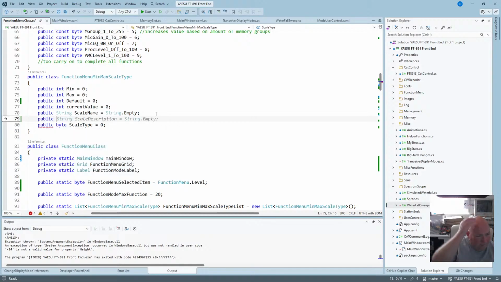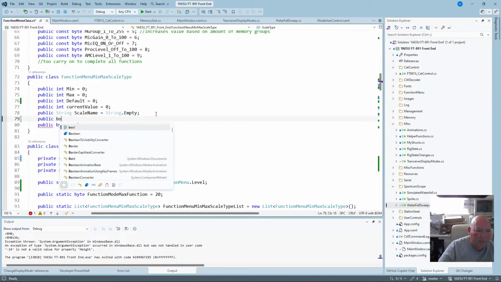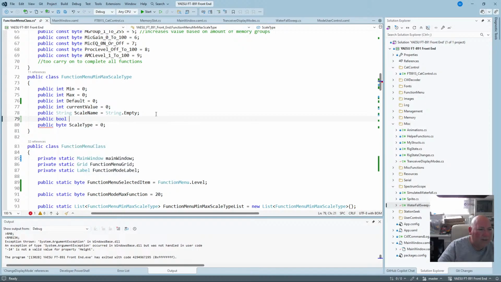Public bool scale name before or after, preceding, trailing, leading or trailing, start or end, scale name position. Tell you what, we won't have that, we'll have an int scale name position equals,